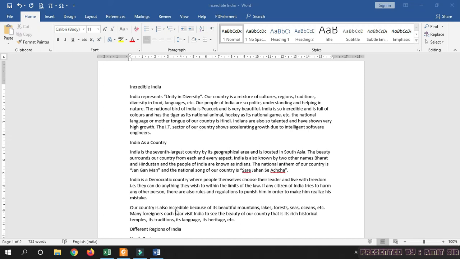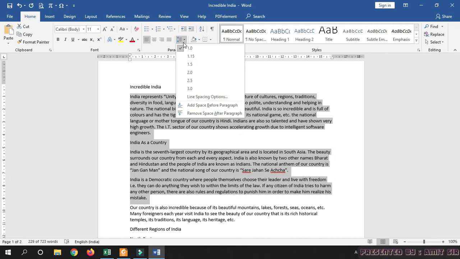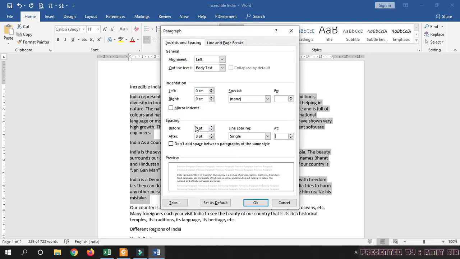For that, you have to select the paragraph. Suppose I selected here, then click on the line and paragraph spacing option, go to line spacing option. Here you have to select the space before and after the paragraph you want. Let's take before is 0 points and after is 8 points. I am making it 6.